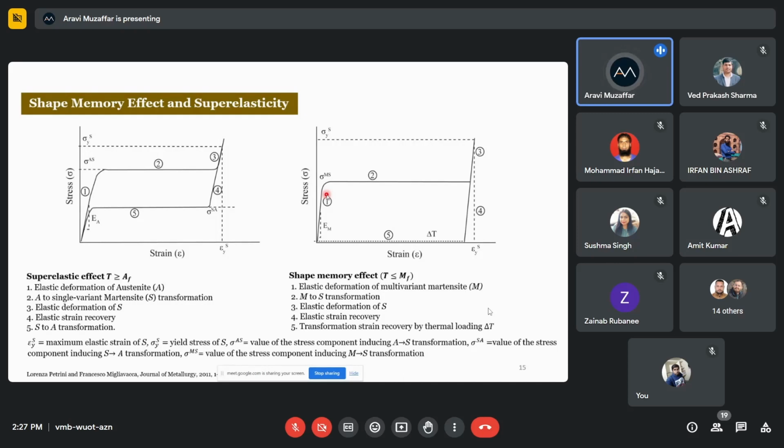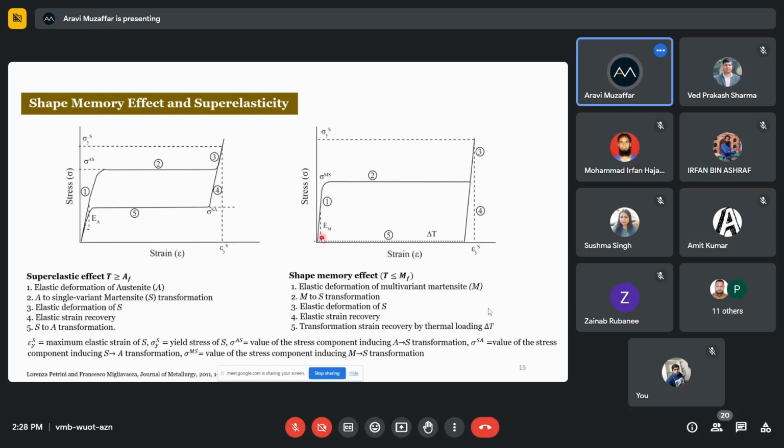And once the elastic deformation of martensite happens, there reaches a critical value of the stress where the twinned martensite gets converted into detwinned martensite. And finally, there is again elastic deformation of detwinned martensite, and then they are unloading it. After unloading, you see that there is some remnant strain present in the material, and this remnant strain is recovered